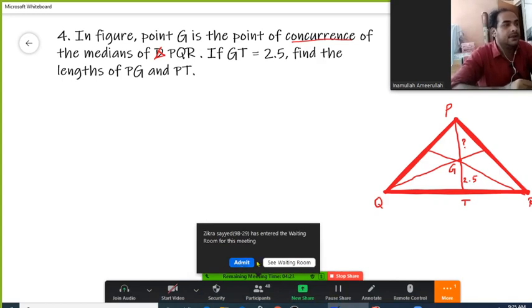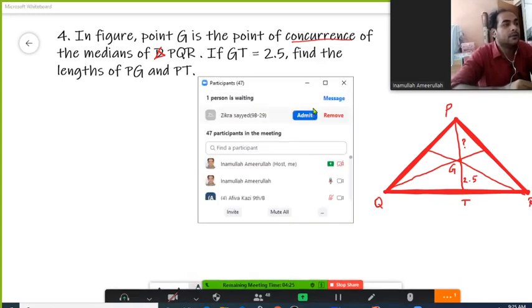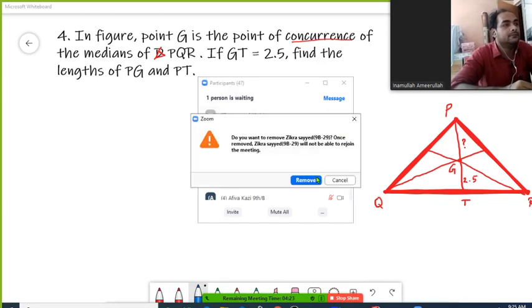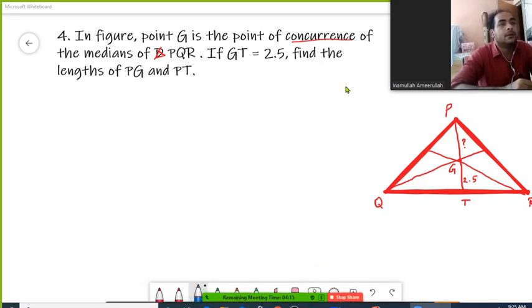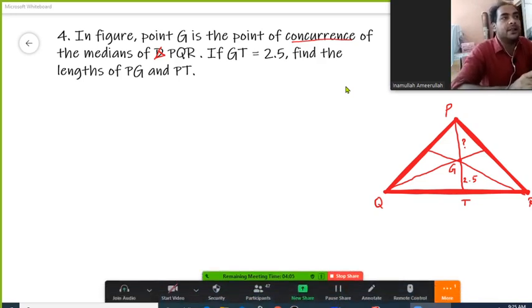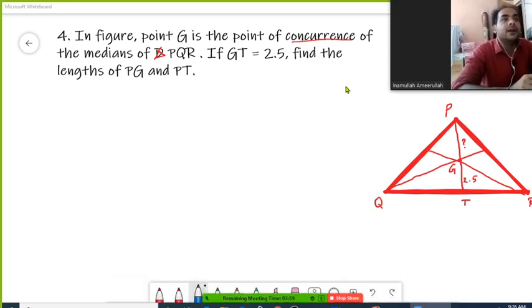Last time we have already discussed that if three medians, or two or more than two medians, are drawn in the same triangle, then all medians will intersect each other at one common point, and that point of concurrence can be called the centroid. And the centroid divides the median in the ratio of 2:1. So here we can say,